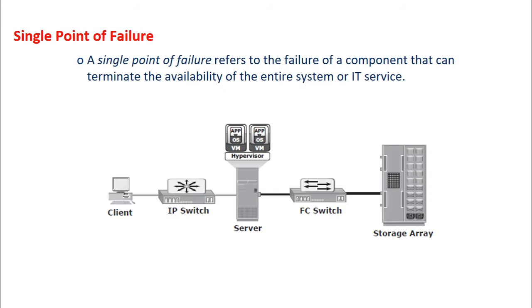So this diagram depicts a system in which an application running on a virtual machine provides an interface to the client and performs the input-output operations. The client is connected to the server through the IP network and the server is connected to the storage array using the FC switch or the fiber channel connection. In a setup in which each component must function as required to ensure data availability, the failure of a single component can cause unavailability of an application. This failure results in disruption of the business operations.